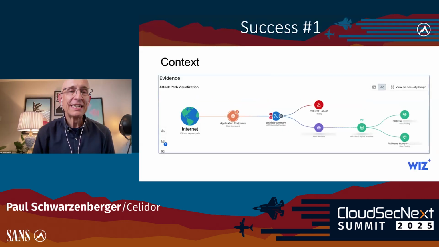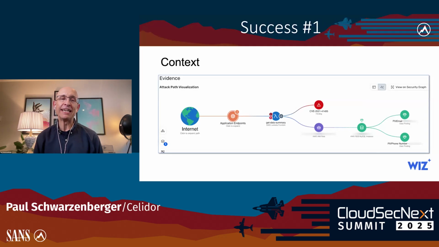So the first sort of success, I guess, really is those systems which provide context. So this example is from Wiz. They're not the only cloud security platform provider to do this. Palo Alto, for example, does something similar with Prisma, and a lot of the others are moving in this direction as well. But anyway, regardless of the vendor, the concept is that